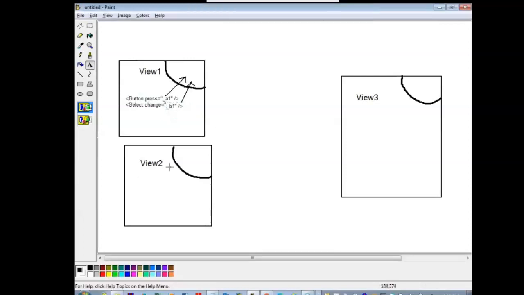Clear? In the view, you write the presentation logic. In the controller, you write the business logic. Clear now?